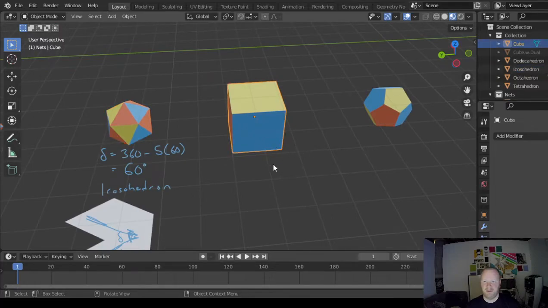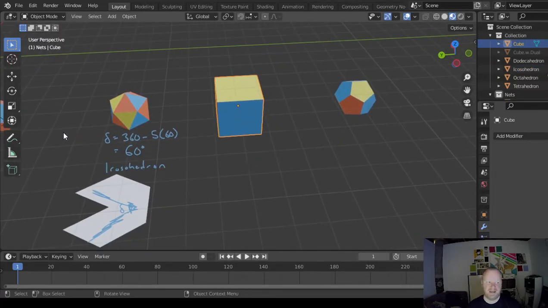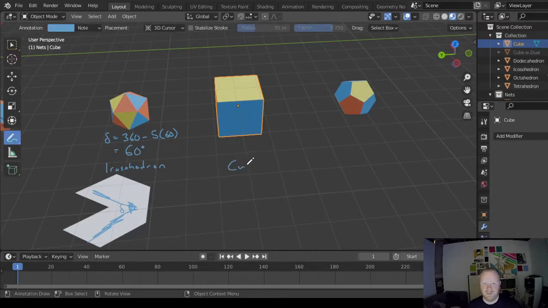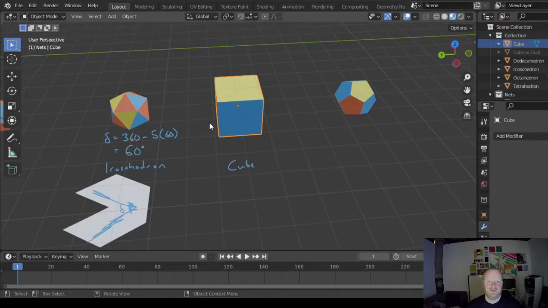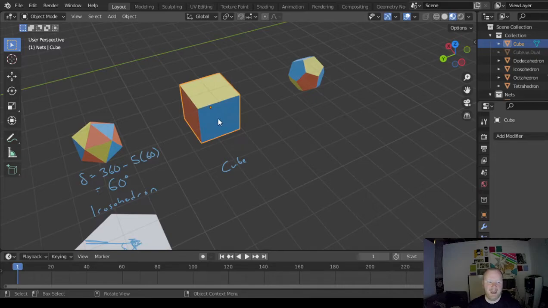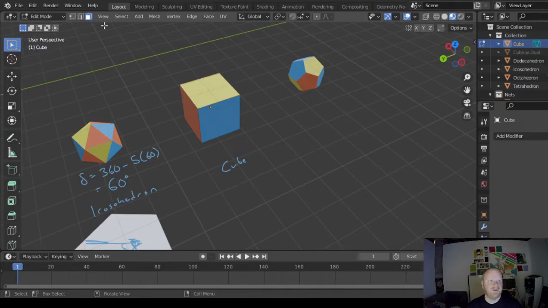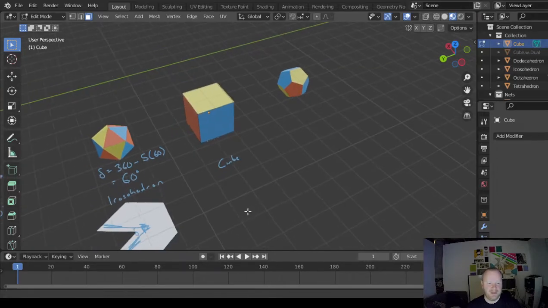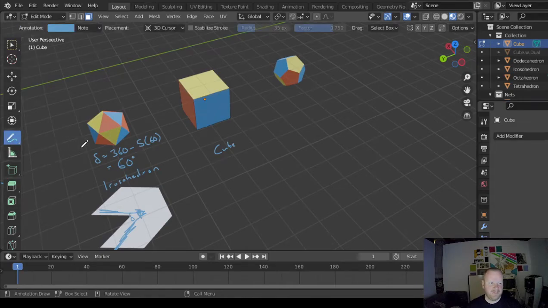This next one, very familiar. This is just the cube. It has other names, but I'm just going to call this a cube for this class. So we've got a cube, and just like the other Platonic solids, we're going to look at what's happening at each of the vertices. So at each vertex, I'm seeing 1, 2, 3 squares meeting at that point. So if I were to draw that same sort of net on there, I've got 1, 2, 3 squares, and then this gap. There, so that gap,